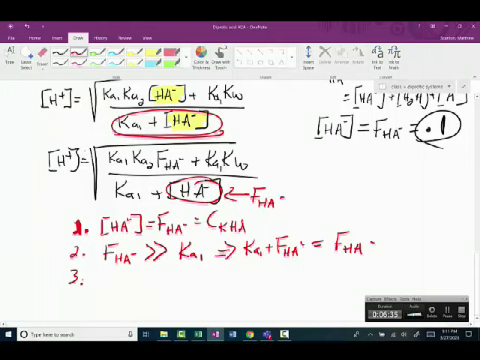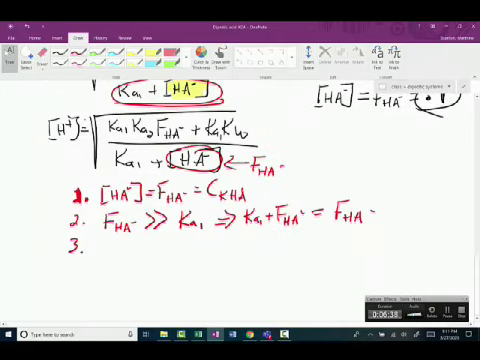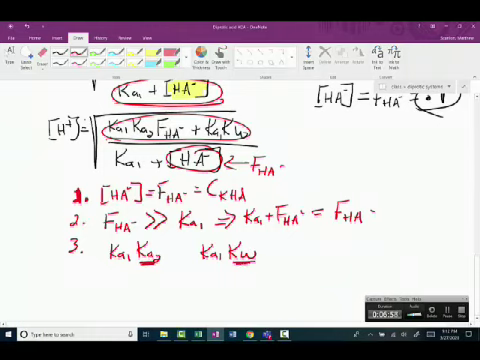Number three, the third assumption is going to be on the top part up here. We're going to say that we have Ka1, a Ka2, and a Kw. Notice that Ka2 is almost always bigger than Kw, and the formal concentration times the formal concentration is going to be larger. These two are typically much larger than Kw. That means my top